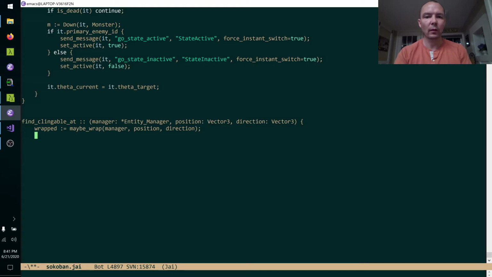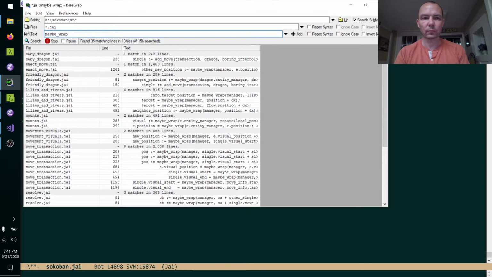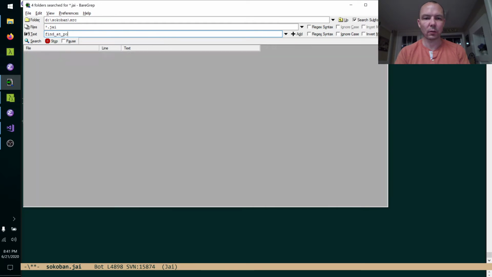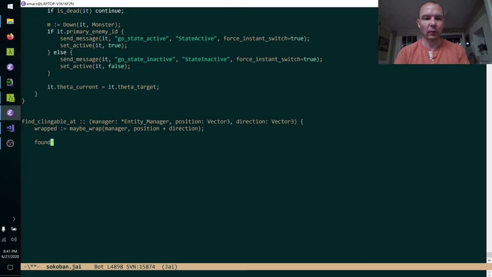Okay, position plus direction. Okay. Let's find at position, right? All right. Okay, this is going to return a pointer to an entity for everything we found, and then